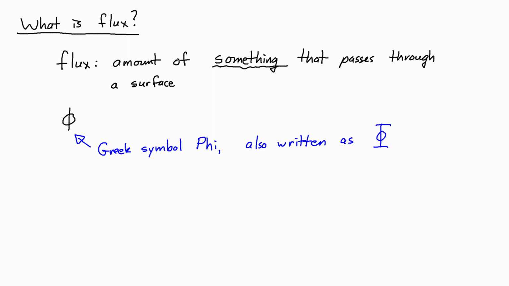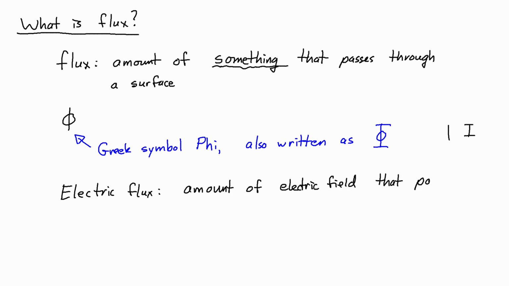But I'm a little bit lazy and I like to write things a little faster, so I tend to omit those lines on the top and bottom. It's kind of like the idea of writing a capital I sometimes as a line and sometimes with bars on top and bottom. Anyway, so when we're talking about electric flux, we're talking about the amount of electric field that